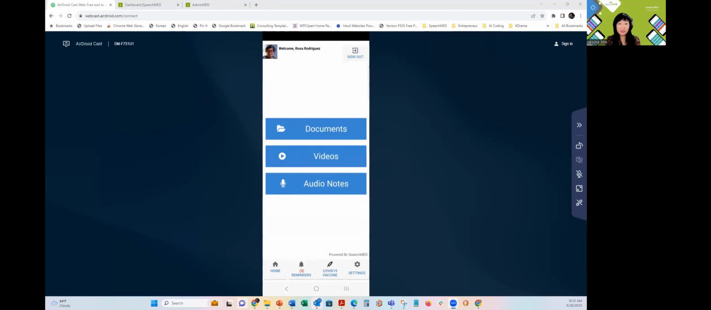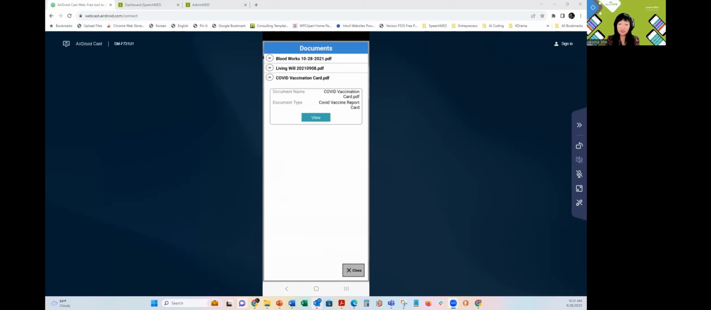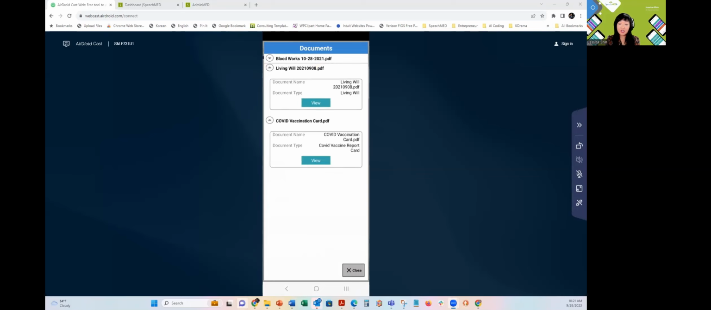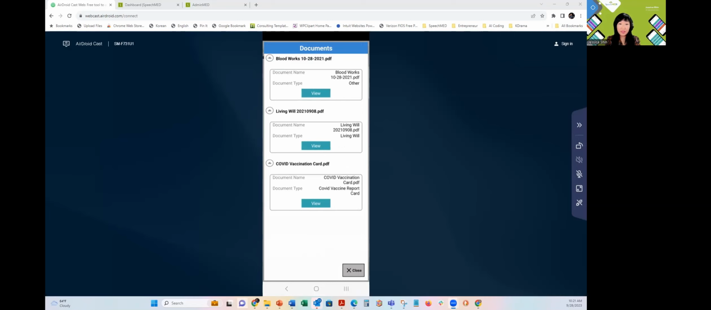Resources. Resources is where Ms. Rodriguez or any of the users can keep track of previous documents, important documents. So in her case, she has her COVID vaccination card, she has a living will, and her latest blood works. We go back to